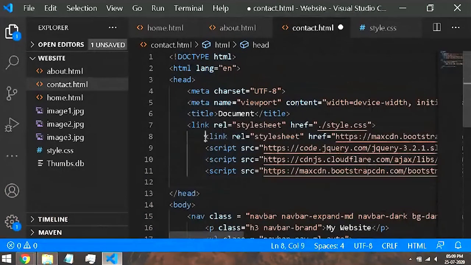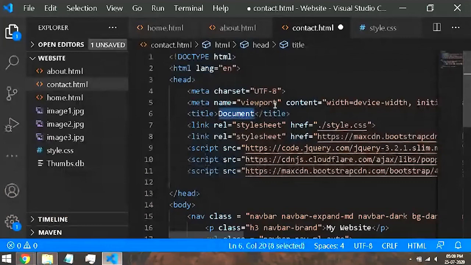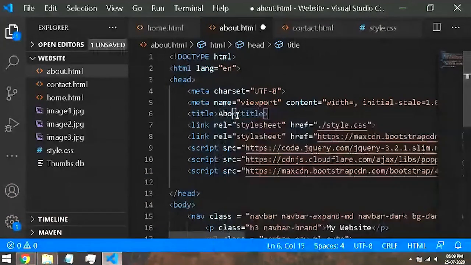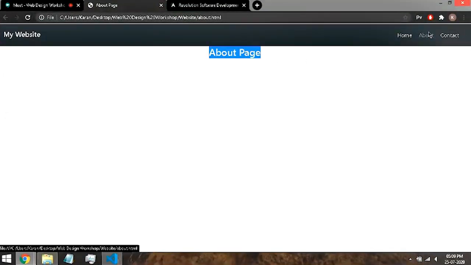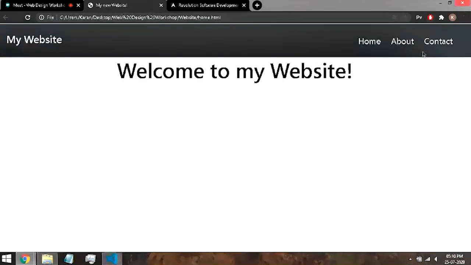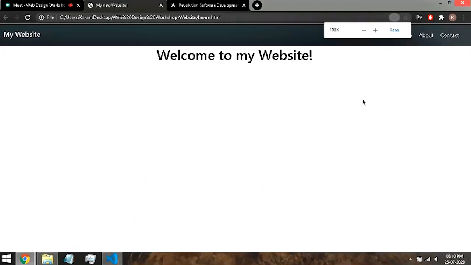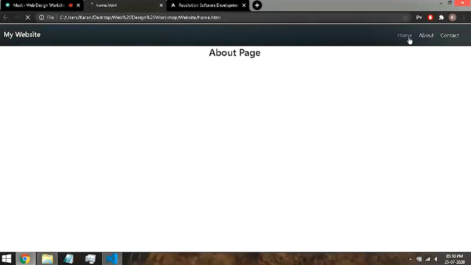Again, in your head tag, we'll also change the title of this to contact page. For about page, again, about page. I will hit save. Now, if I refresh, our navigation bar has appeared and this is the about page. If I go to about, if I go to home, if I go to contact, it is working. And you can see that there is a size change because I have zoomed in on the home page and I haven't zoomed in on the about page. So now it is similar. Now we can navigate through our website. So one of the essential things of the website is ready.